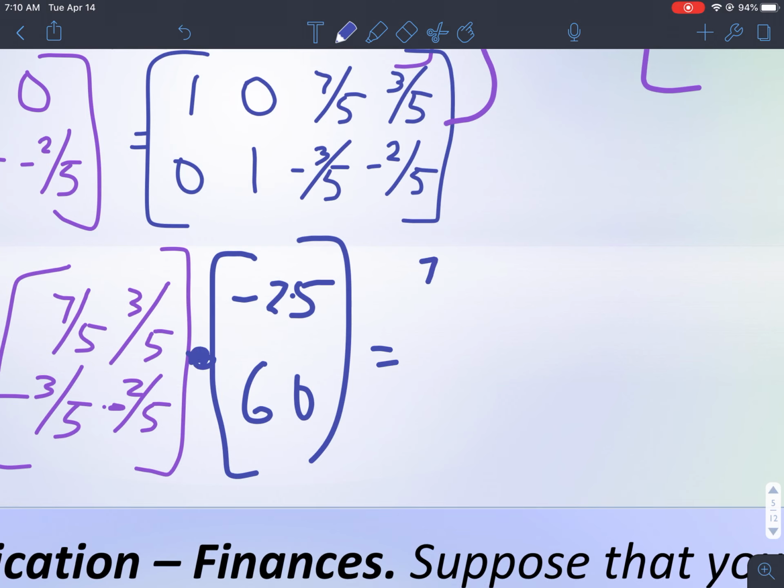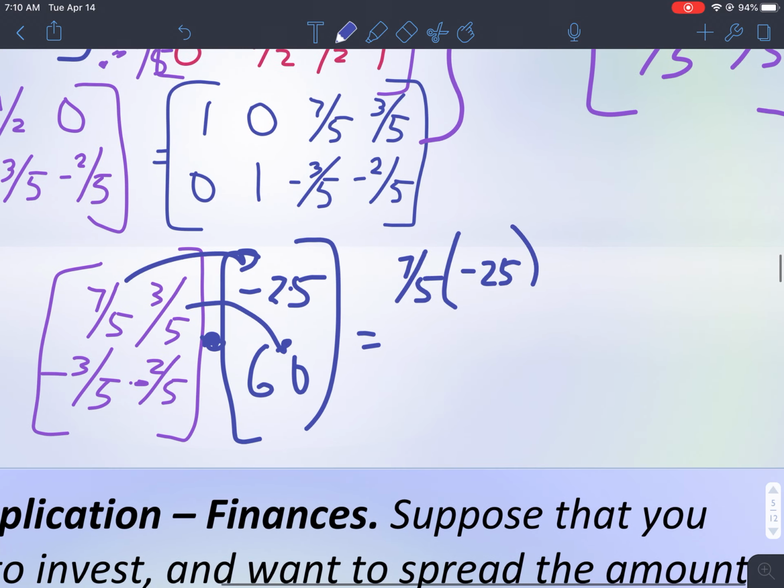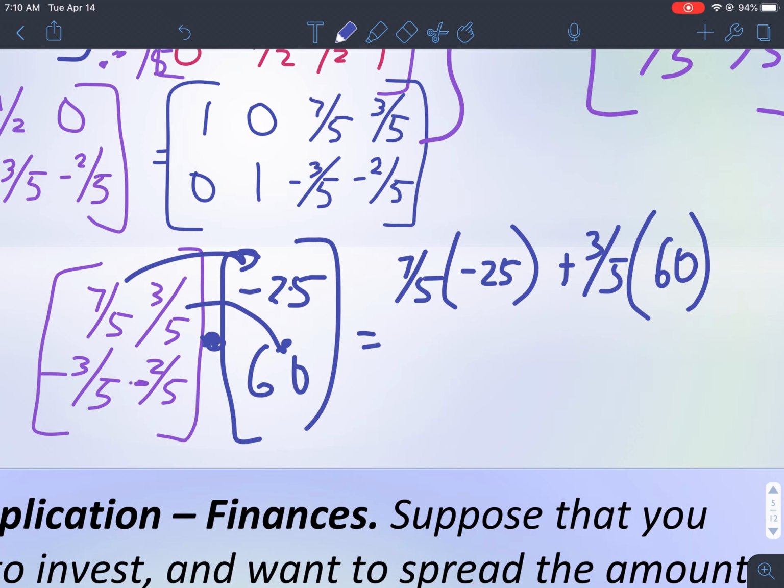So 7/5, this is row times column, times -25, plus 3/5 times 60. And then the next one, row times column,